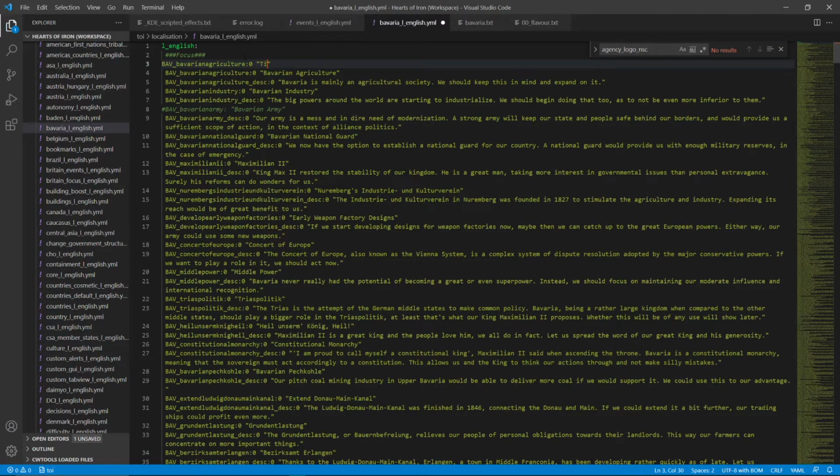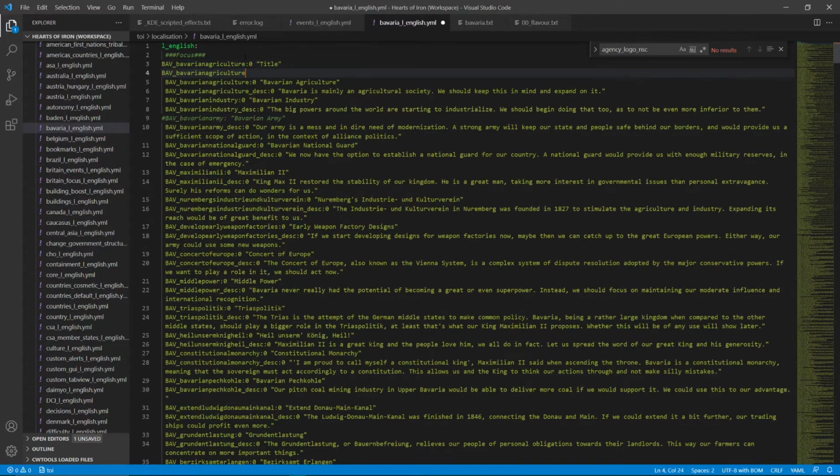the description, and then this, then you would do underscore desc for description, the little semicolon 0, and then the description would be here. Most of the time, devs will put titles, but won't have the time when they're coding focus trees to actually go through and write very descriptive